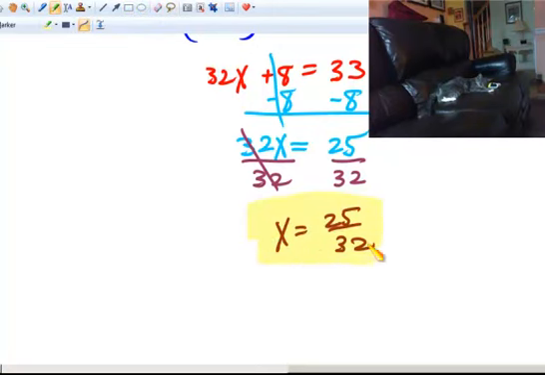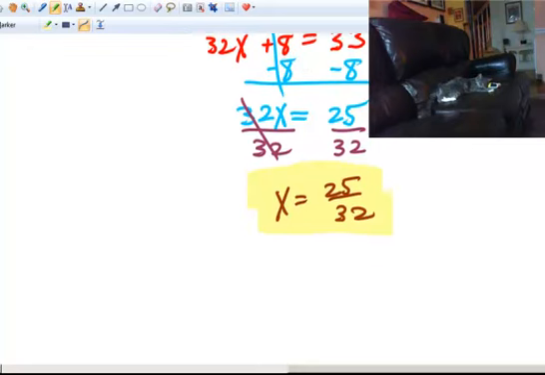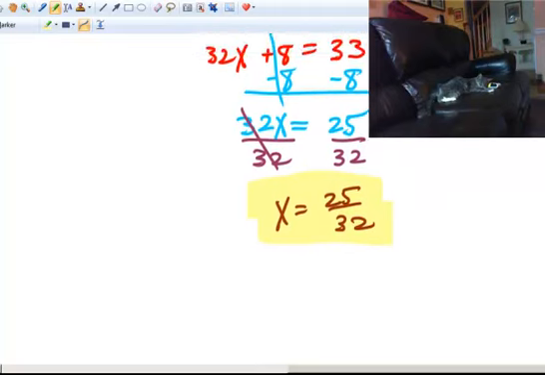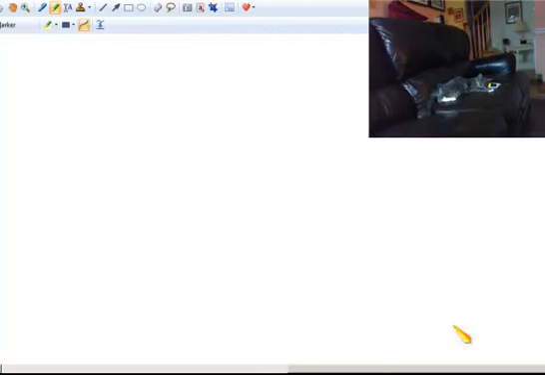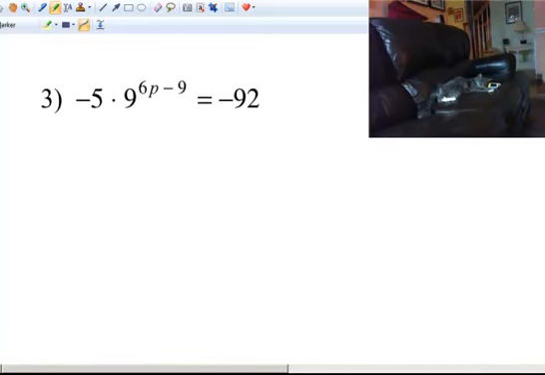Now, if you ended up with a quadratic equation, meaning one that had x squared in it, if there was an x term and an x squared term, I would solve by factoring. If there was just an x squared term and a number, but no x term, I would solve by taking square roots. Okay, in my final problem here, I'm asked to solve an exponential equation, and I'm going to do